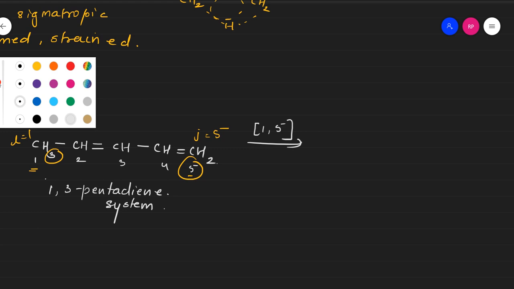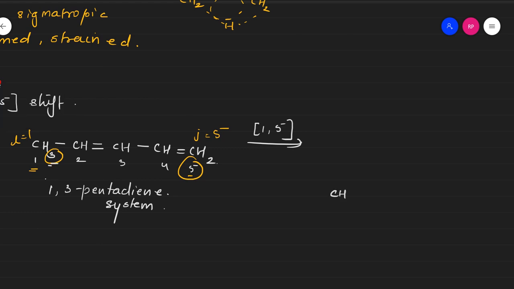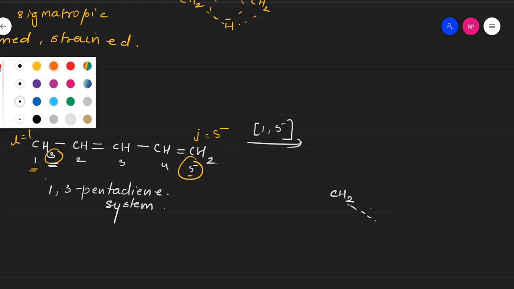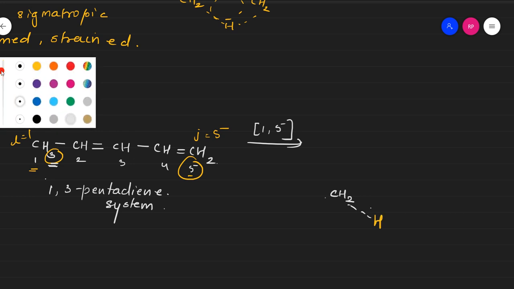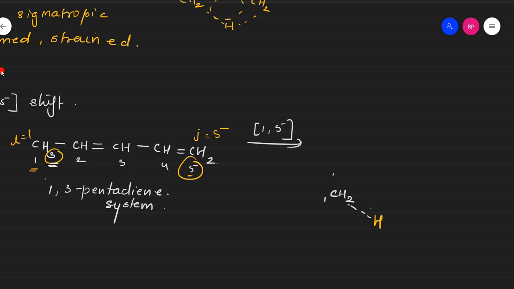So this is your CH3. My H is going to transfer from here, so I will write this CH2 and show this H like this. Because the bond is going to break, we will show it in the form of a dotted line. Let me show it with a different color for this H. So this H is going to get transferred. This is position number 1, right? Then you have CH, CH2, CH, sorry, CH; this is second, this is third, this is fourth, and this is your fifth position, CH2.